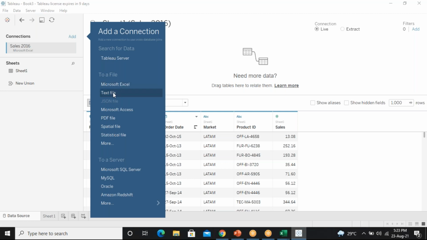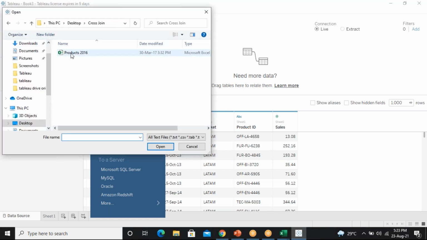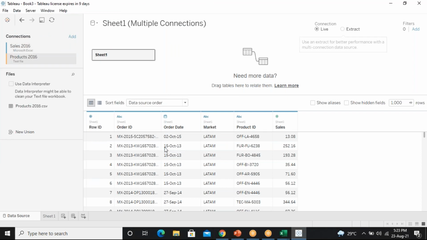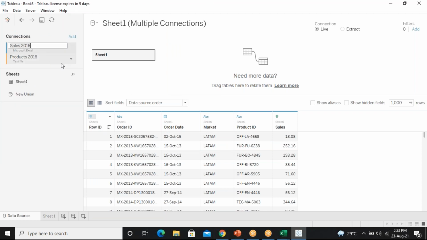So please browse by using the text file option, and then go for this cross join, and browse that file which I sent in the downloads, select products 2016 and open it. Now you tell me if you're getting it now.